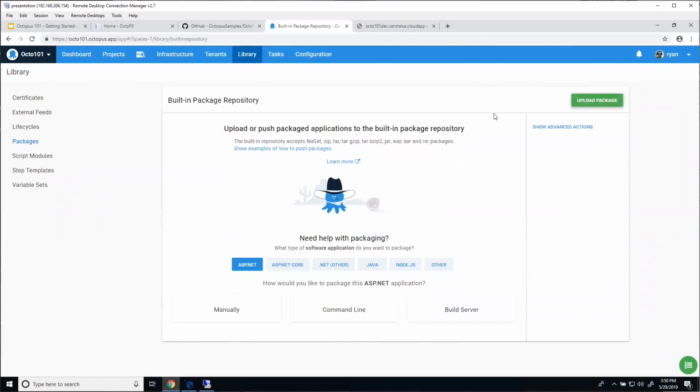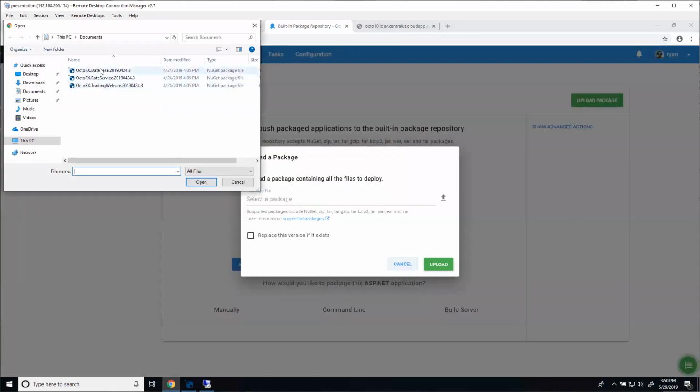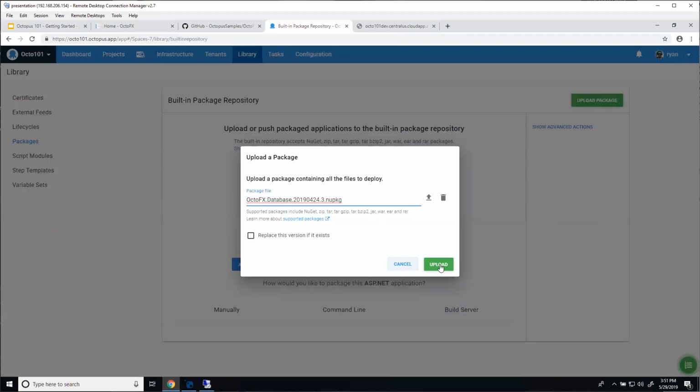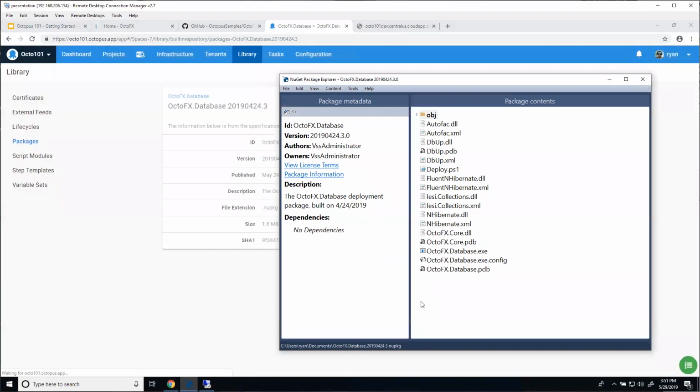Now I've already got mine created, so I'm going to click upload. And I'm going to choose, we've got 3. We have one for database, one for the Windows service, and one for the website. So I'm going to upload the database package. And while that's uploading, I'm going to pull up the NuGet Package Explorer and just show the contents of what this package is. So it's an executable,